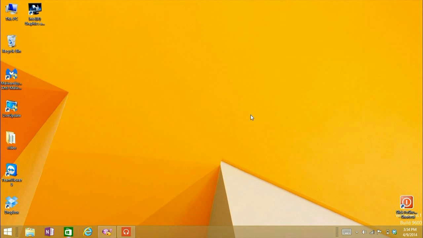Okay, so first off, after installing the update, you'll notice that you now have a Modern App Store icon down on your taskbar in the desktop app. You now have the ability to pin any Modern App icons to the taskbar in the regular desktop app, but the store one is going to be there automatically. And you'll also notice I've got the